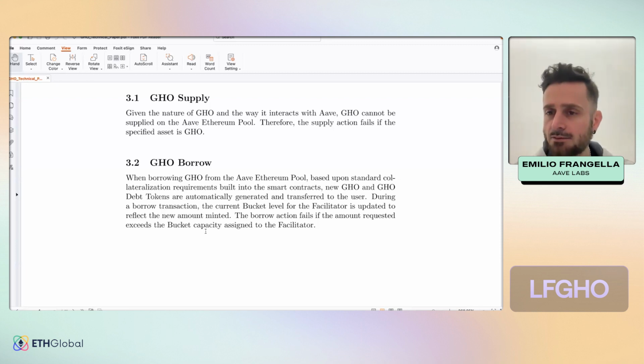While in markets where it will be listed as a normal asset, for example another market on Polygon, those will follow exactly the same dynamics as any other asset or any other stablecoin, where users borrow from liquidity providers and pay interest to liquidity providers.